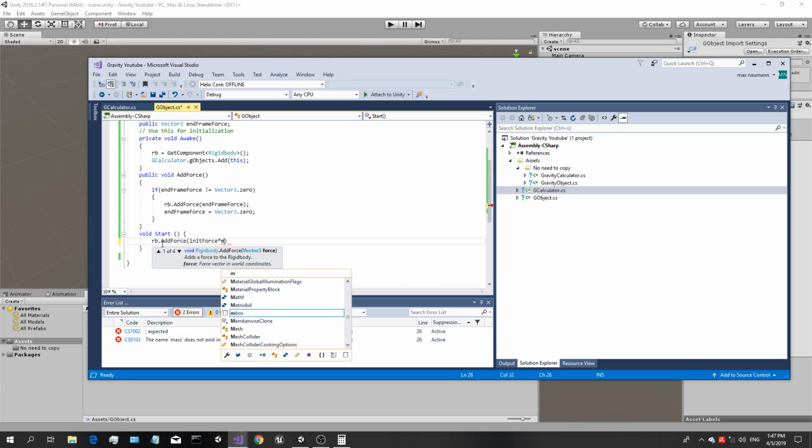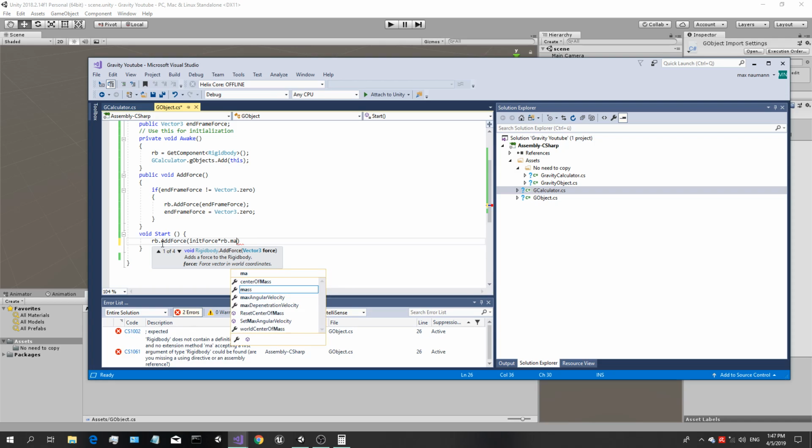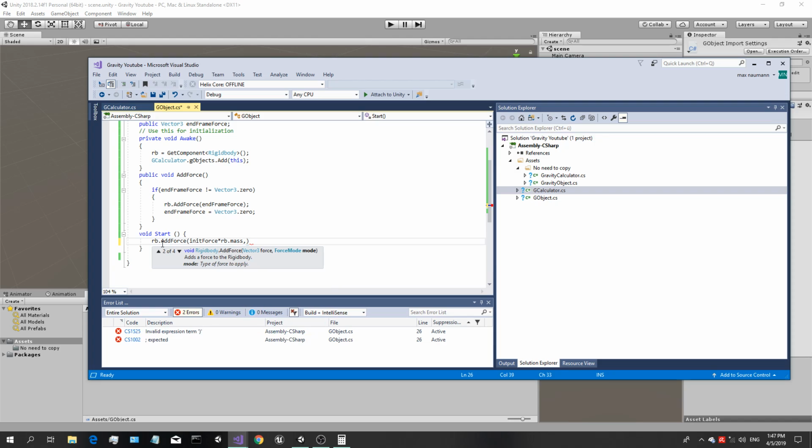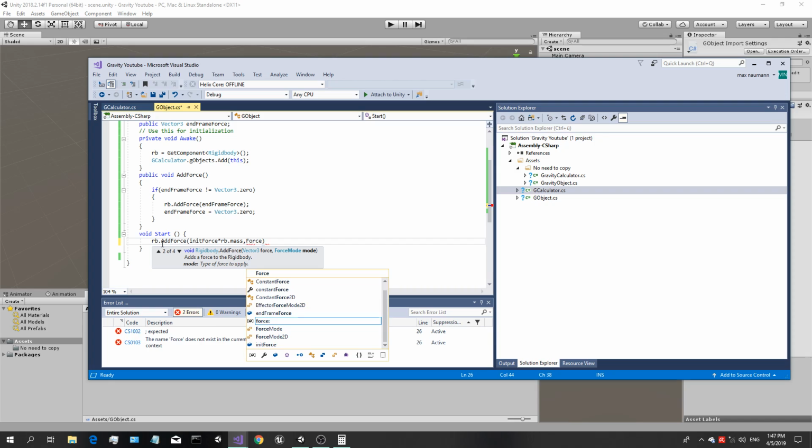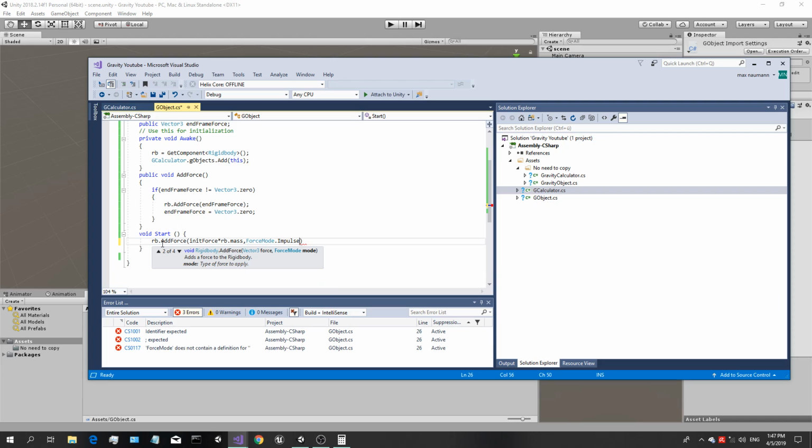The mass is rigidBody.mass, and this is supposed to be a force mode impulse. Okay,